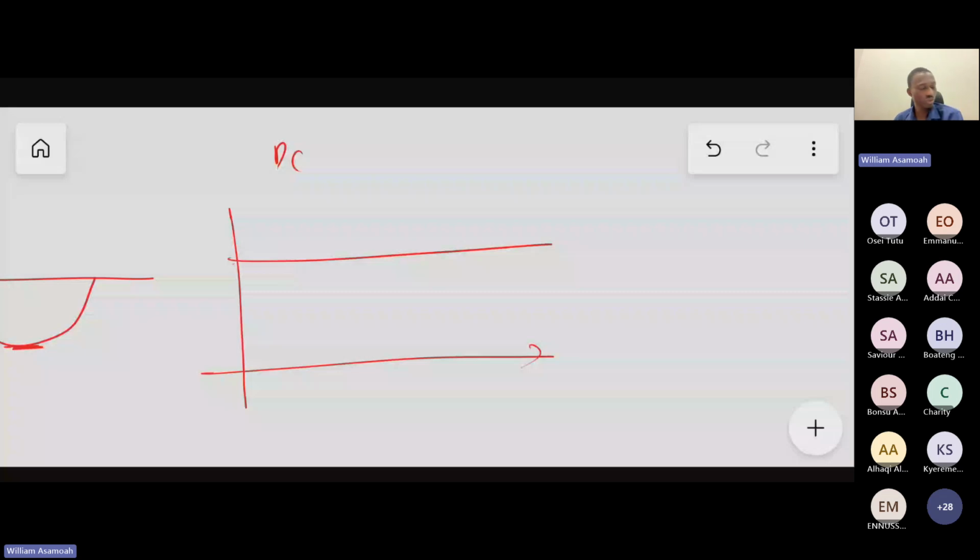So we will briefly touch on AC in that perspective, and then we will get done. Right. Now,